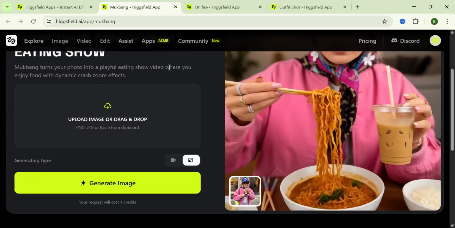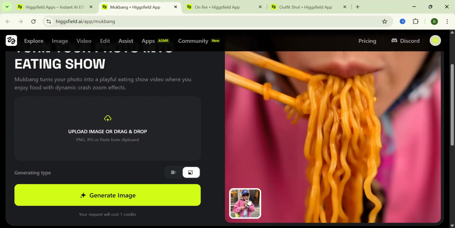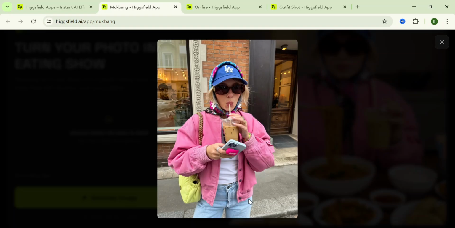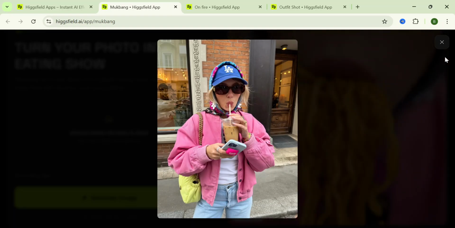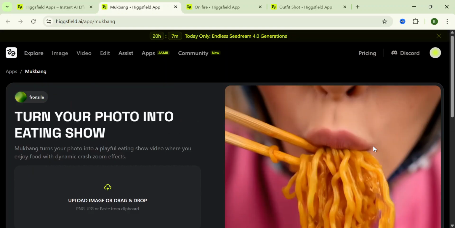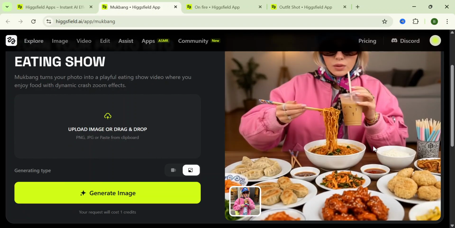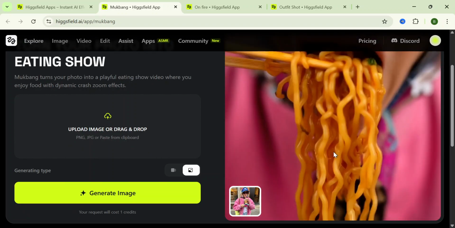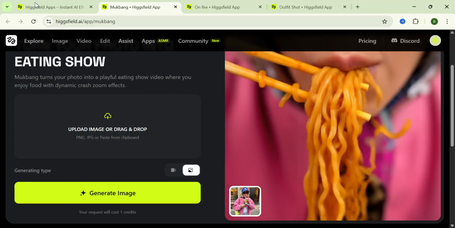So if you have an image that you want to create using this effect, like this, as we can see, this was the original image uploaded, and then this was the effect created. So this allows your image to eat the mukbang noodles,